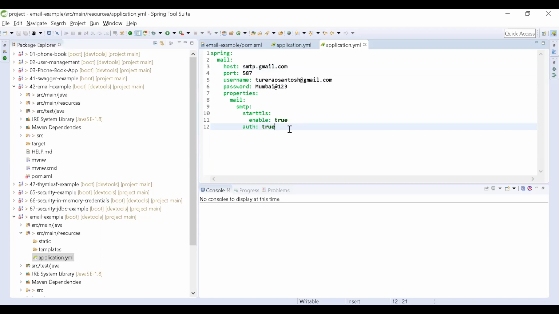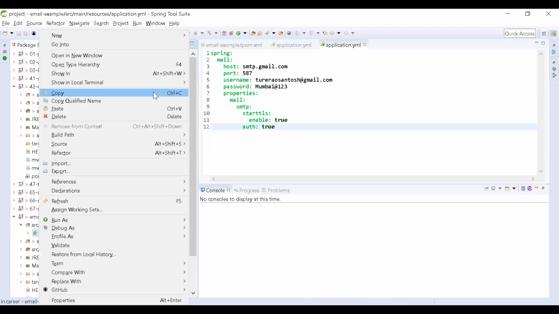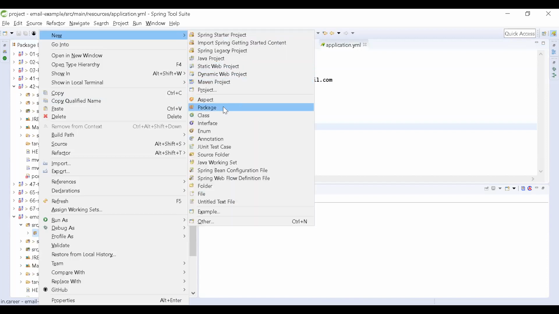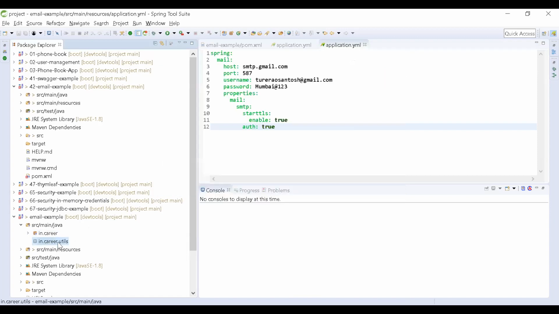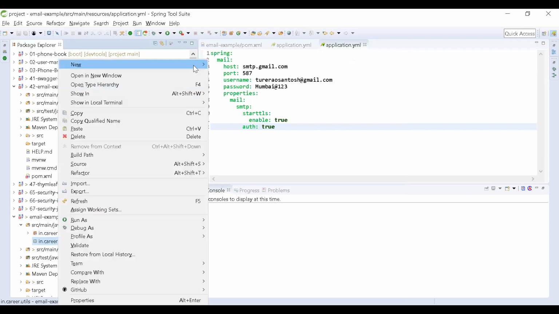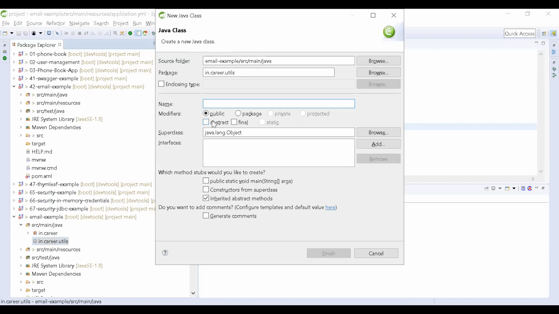Now the second part of this email functionality: you have to create one email sending utility class. I am creating here one more package, a new class. I am creating a simple utils package, and I am creating one more class, EmailUtils.